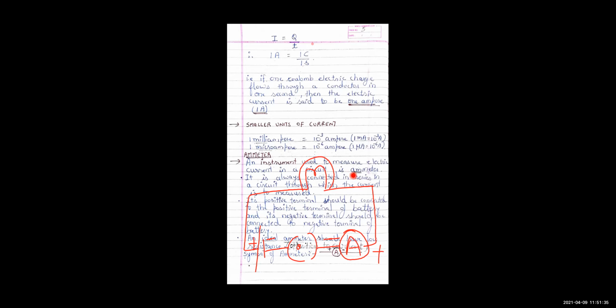But it should be closed. Circuit है तो closed होगी, right? So in exam the question will come, how is ammeter connected in circuit? So first point you will write, ammeter is always connected in series. कैसे connected होता है बेटा? Series. Second point, you know what to write, that its positive terminal is connected to positive of battery, and ammeter's negative is connected to negative of the battery, right?